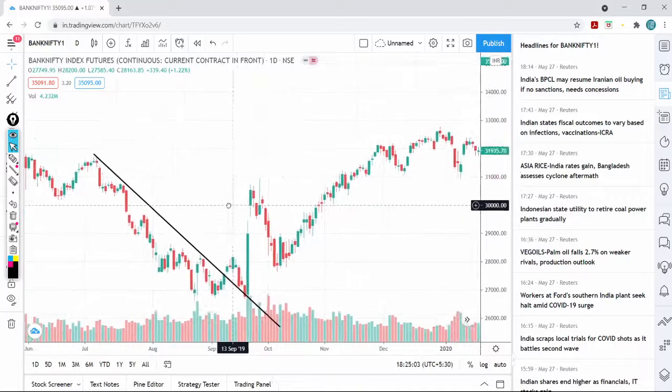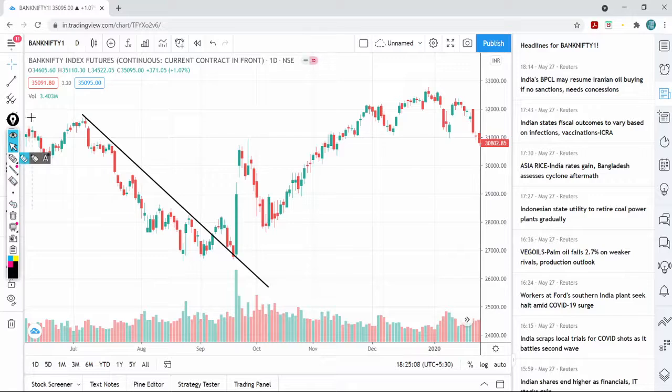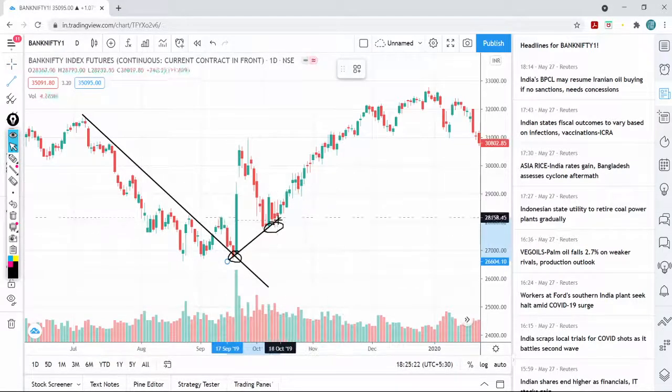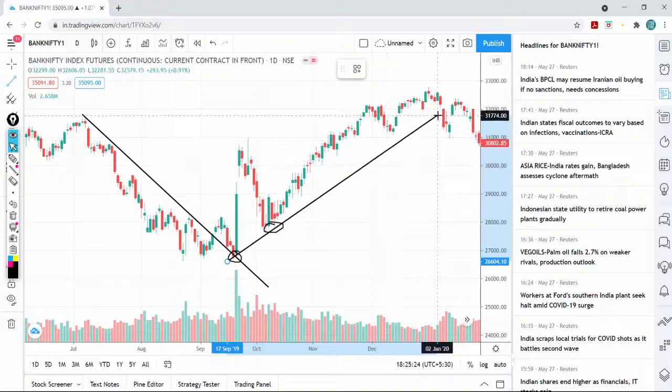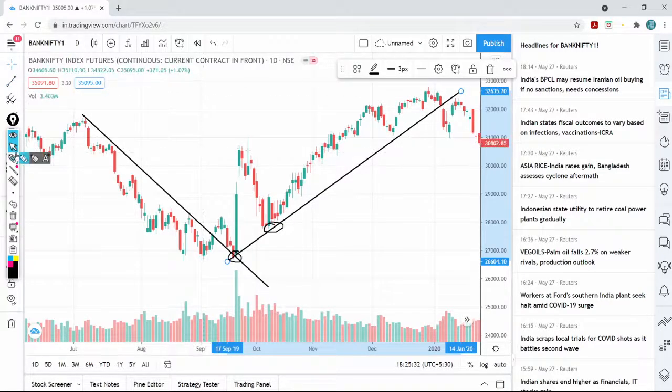Now let's take one more example. Again I am drawing a trend line. How to draw the second trend line? We need to mark down the major zones. This is zone 1, this is zone 2. Now we need to check parallelly where the zone is getting connected. Zone 1 marked here, zone 2, and then I'm parallelly dragging this. Where is the zone getting touched? At this juncture, price is not testing this parallel, so the trend line continues.